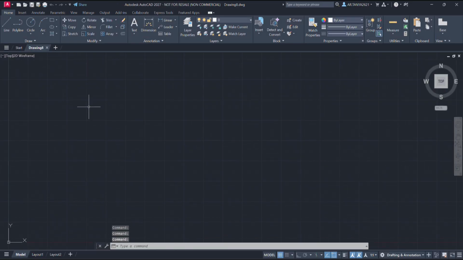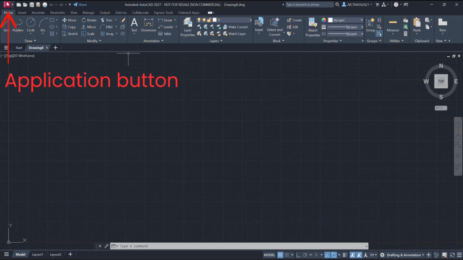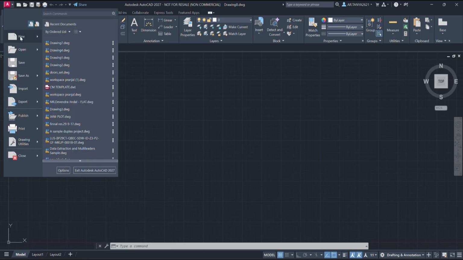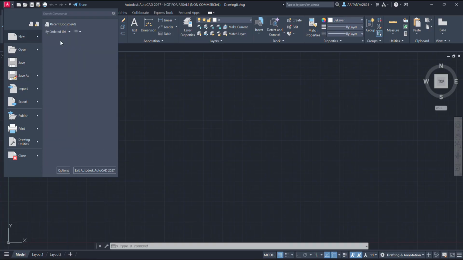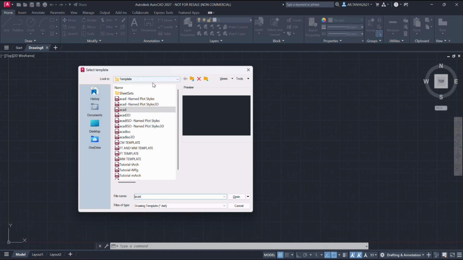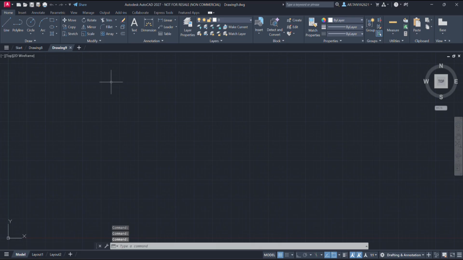A new drawing is opened, as you can see. We can do the same thing through this application button. This is our application button, which has the logo of AutoCAD here, and there is an arrow adjacent to it as well. If we open it, you can see we have options here: new, open, save as. By clicking on new drawing, we'll get the template sheet here, and we can select any template we want. So again, I'm selecting the same template, and I'm opening the file. This is also a new file in AutoCAD.